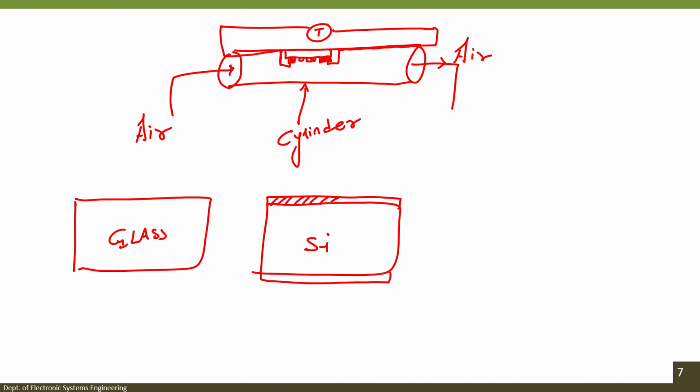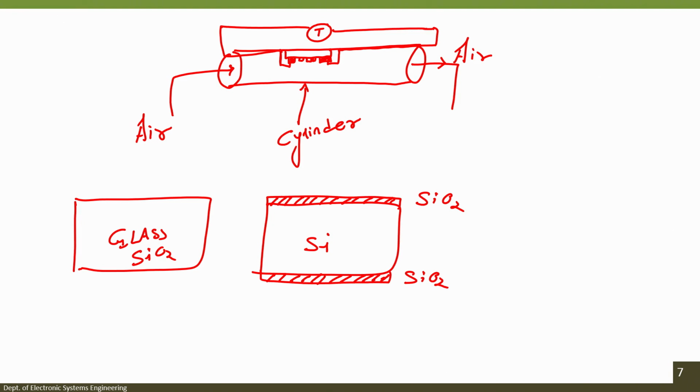You have seen in earlier lectures that we were growing silicon dioxide on a silicon wafer, and this silicon dioxide would act as an insulating material, right. What is glass? Glass is nothing but silicon dioxide. So, if you do not have silicon, we can use glass. There are advantages and disadvantages of using glass and silicon, which fall more in the micromachining part,